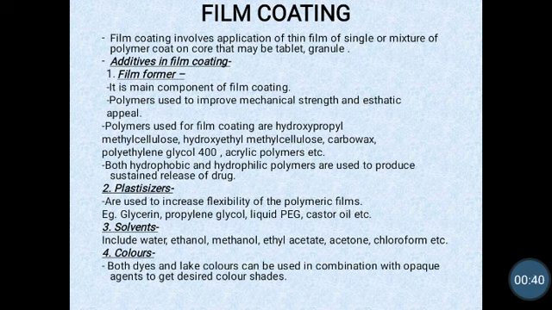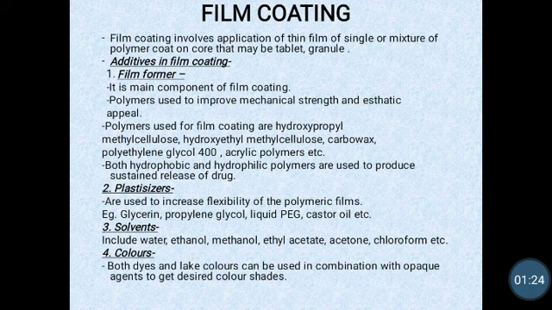So film coating involves the application of a thin film of a single polymer or a mixture of polymers on the core, that may be a tablet or a granule. As I said in an earlier lecture, the coating can be done either on granules or on a tablet. आपण ग्रॅन्युल्सना सुद्धा सेपरेटली कोट करू शकतो आणि नंतर त्यांचं कॉम्प्रेशन टॅब्लेट्समध्ये करू शकतो, किंवा एंटायर टॅब्लेट किंवा कॉम्प्रेस टॅब्लेटवरती सुद्धा कोटिंग केलं जातं. So in film coating it involves the application of a thin film of polymers on a tablet surface. Okay, film coating साठी आपण different polymers either in a single or in combination use करतोय.